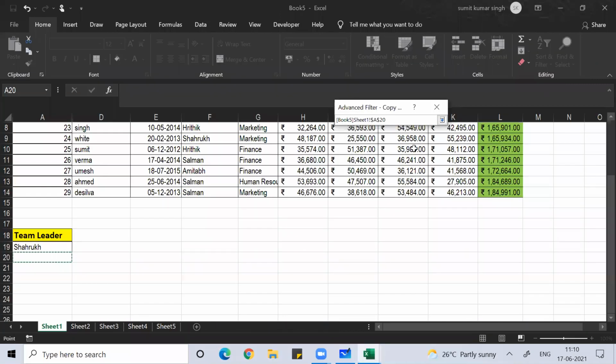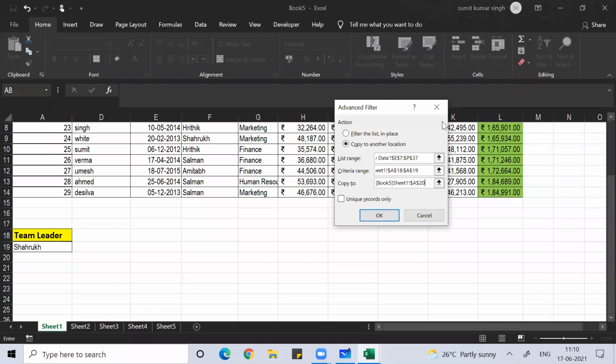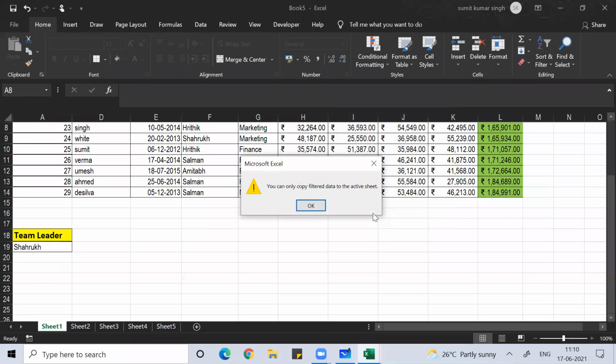If you do this, you can see the message: you can only copy filtered data to the active sheet.